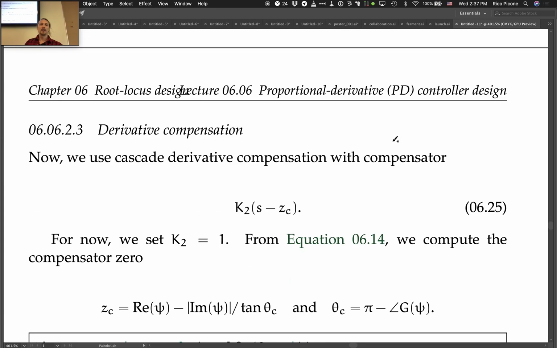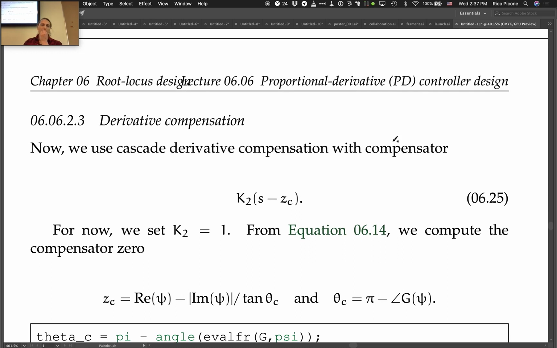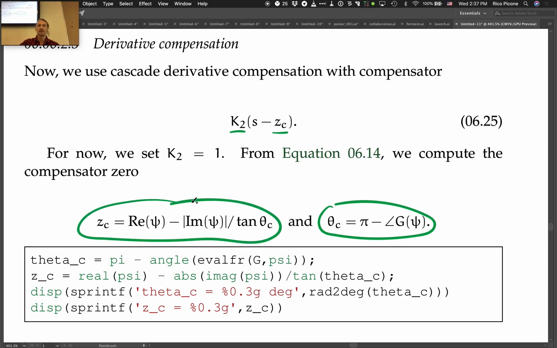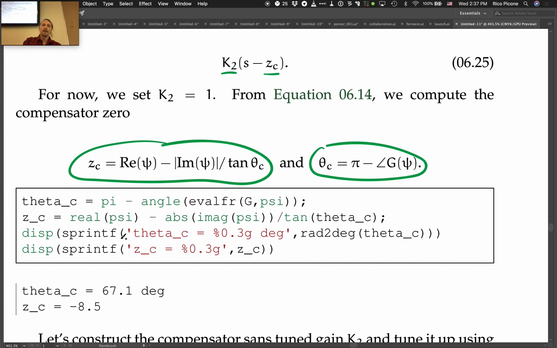Good. So let's look at what we can do with derivative compensation. So this is our derivative compensator. We have another gain K2. We have the zero location. The zero location we choose to do first. That was the next step in our design procedure. So we have two formulas. We know what psi is, right? We have two formulas that we need to plug into. The first one gets us the angle contribution of the compensator. The second one gets us what the zero location should be. And we've got